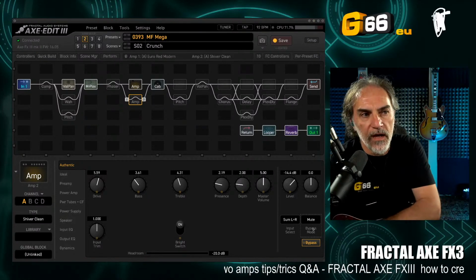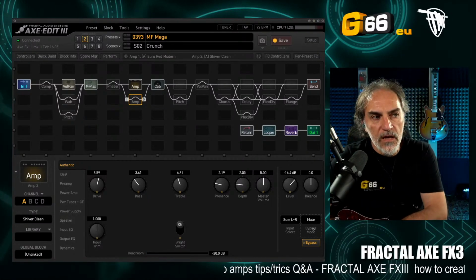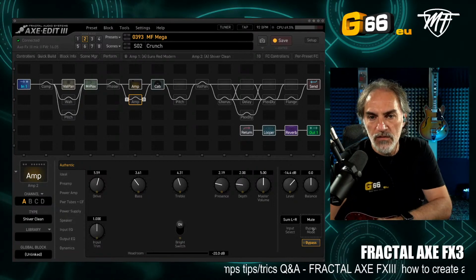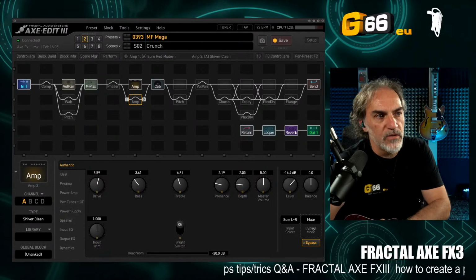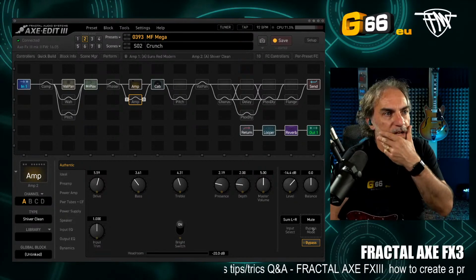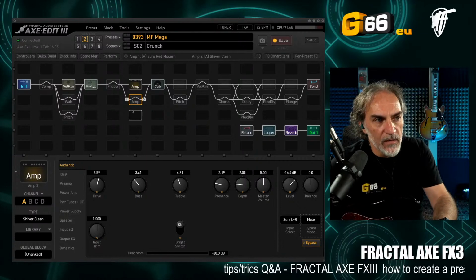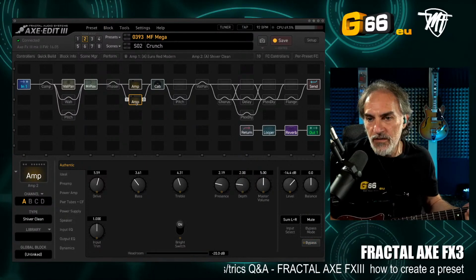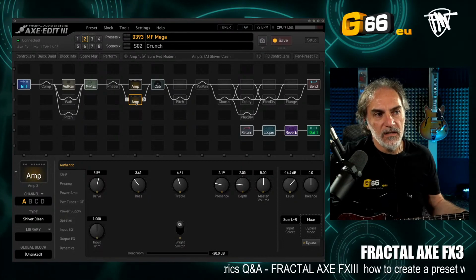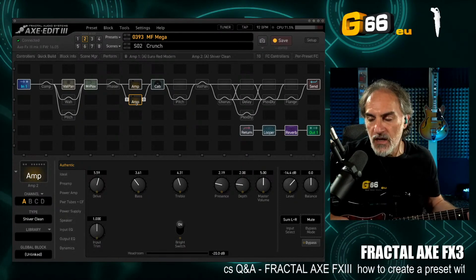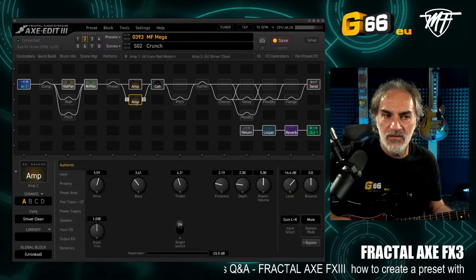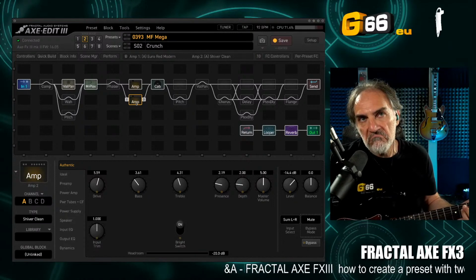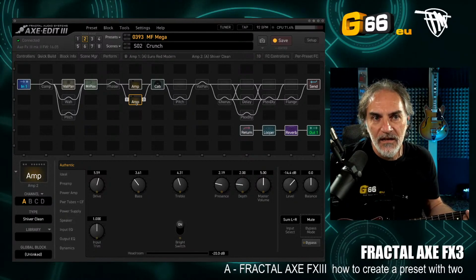This is the correct way to use two amps if you want to alternate the sound of two amps. Of course, you can also enable two amps at the same time. You have the mixing of amp 1 and amp 2, in this case clean and distortion. And this could be fun, and okay, it's an alternative way,